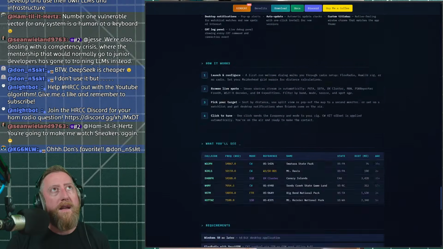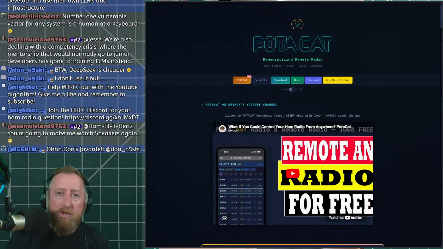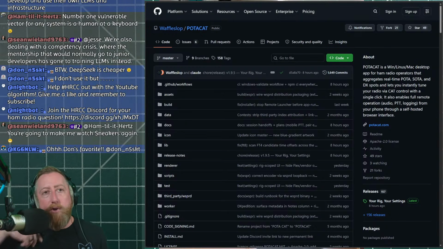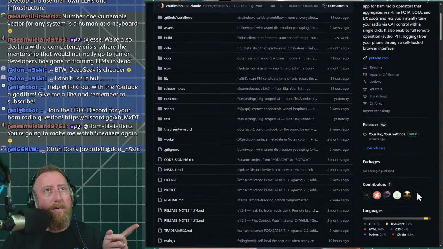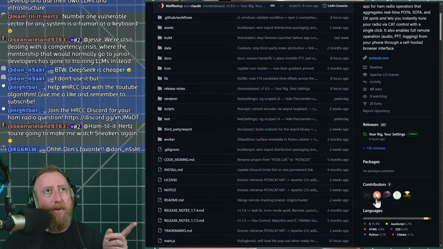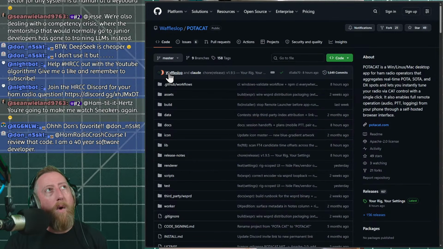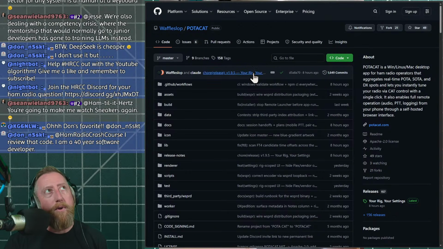If you go to a website like PodaCat, you can find their GitHub if they've made it public. A lot of these different applications are open source, all good stuff. I'm not implying any negativity or secrecy. But Waffle Slop is the creator of PodaCat. This is their GitHub, and on the right-hand side, if you scroll down, you can see contributors. The main contributor is Waffle Slop, but then the one next to them is Claude, right? So Claude committed to the repository in the past day, and if you scroll up to the top, Waffle Slop and Claude released an upgrade for PodaCat.